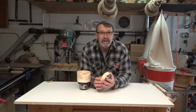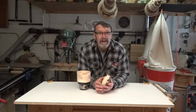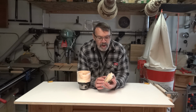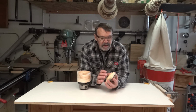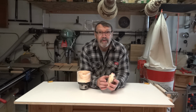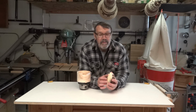So that gives me a couple of choices. I can throw it away, but I'm too stubborn to do that. So it's on to try to repair this. What I want to do is make a ring out of maple, clean this up, glue that on, and then start over from that point, threading this. To make it more difficult,